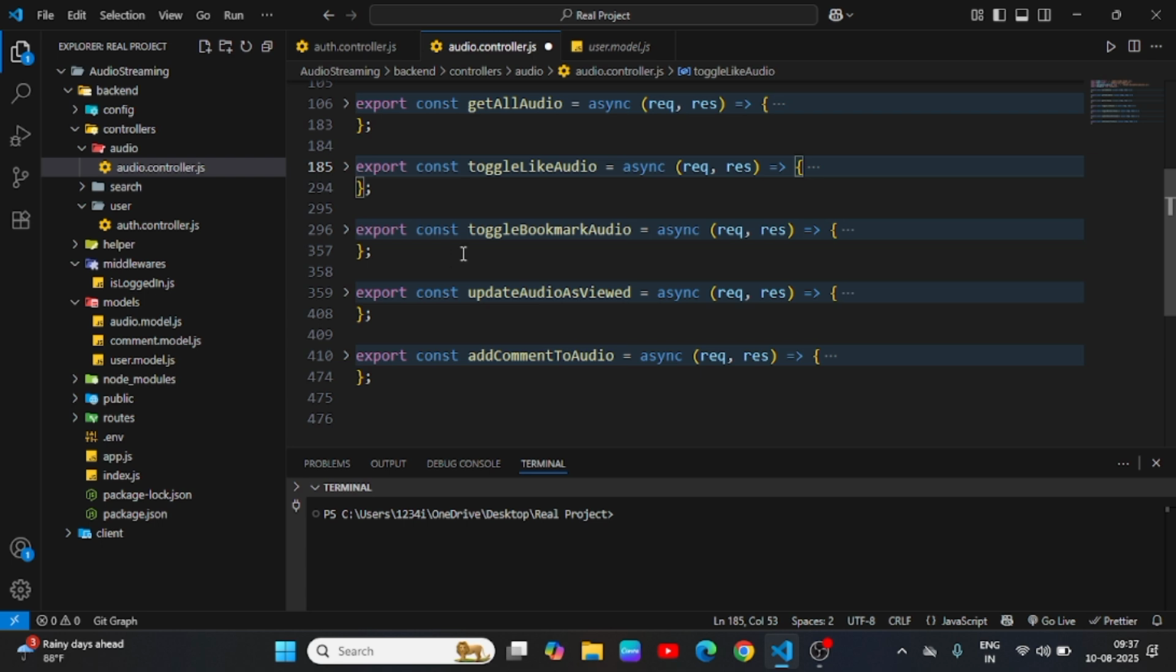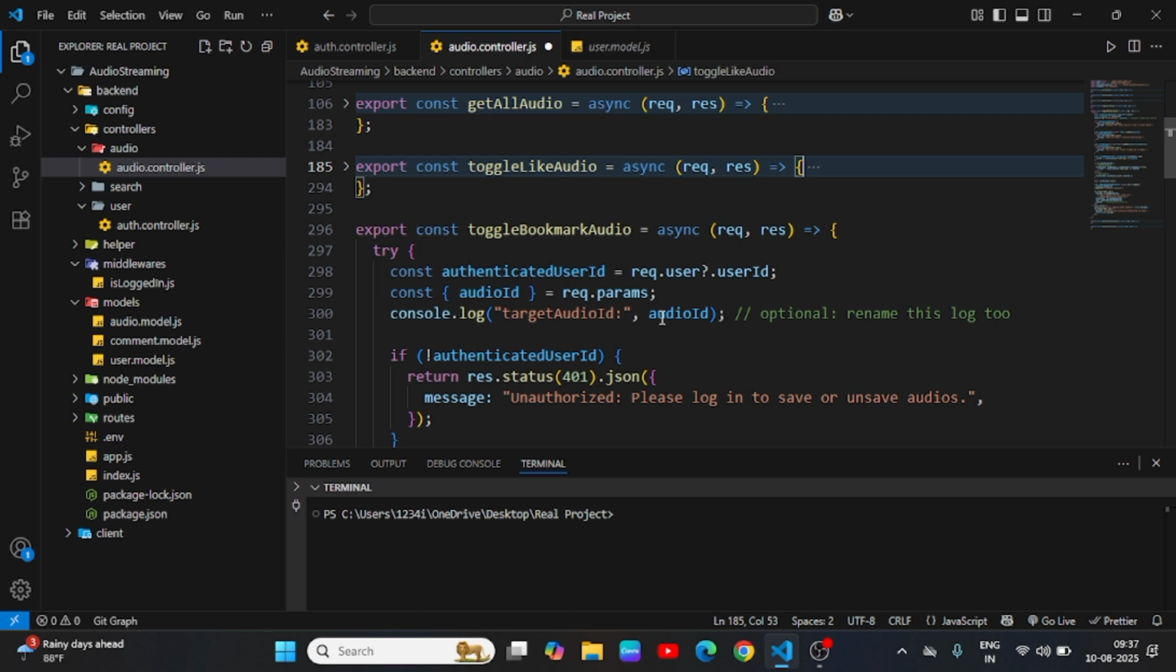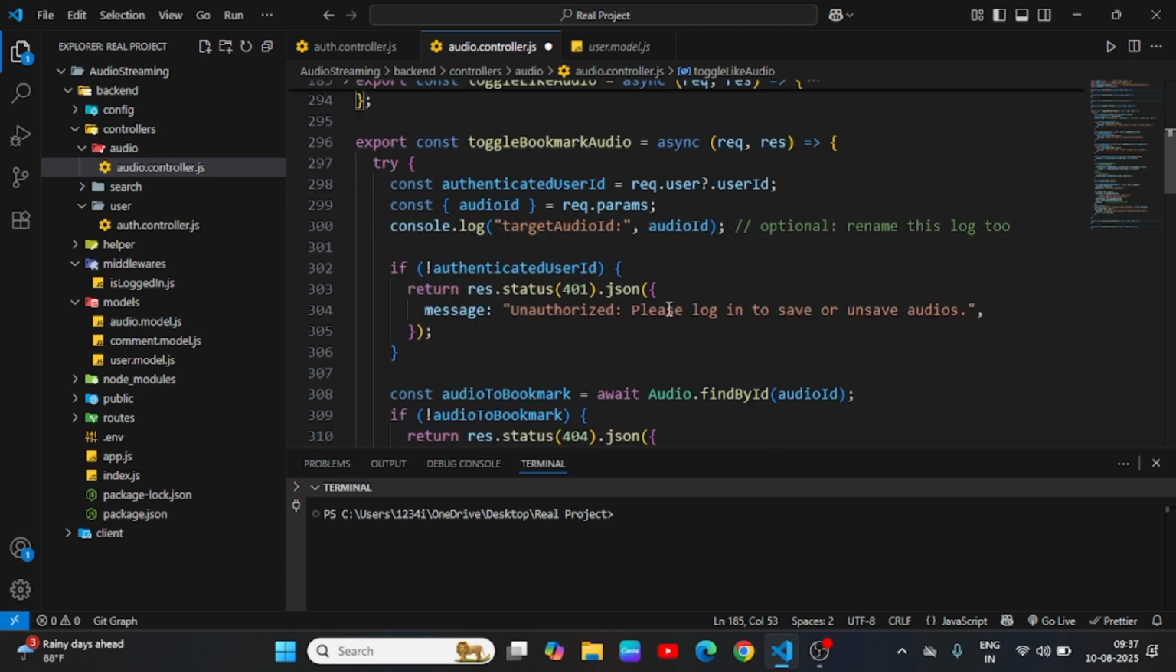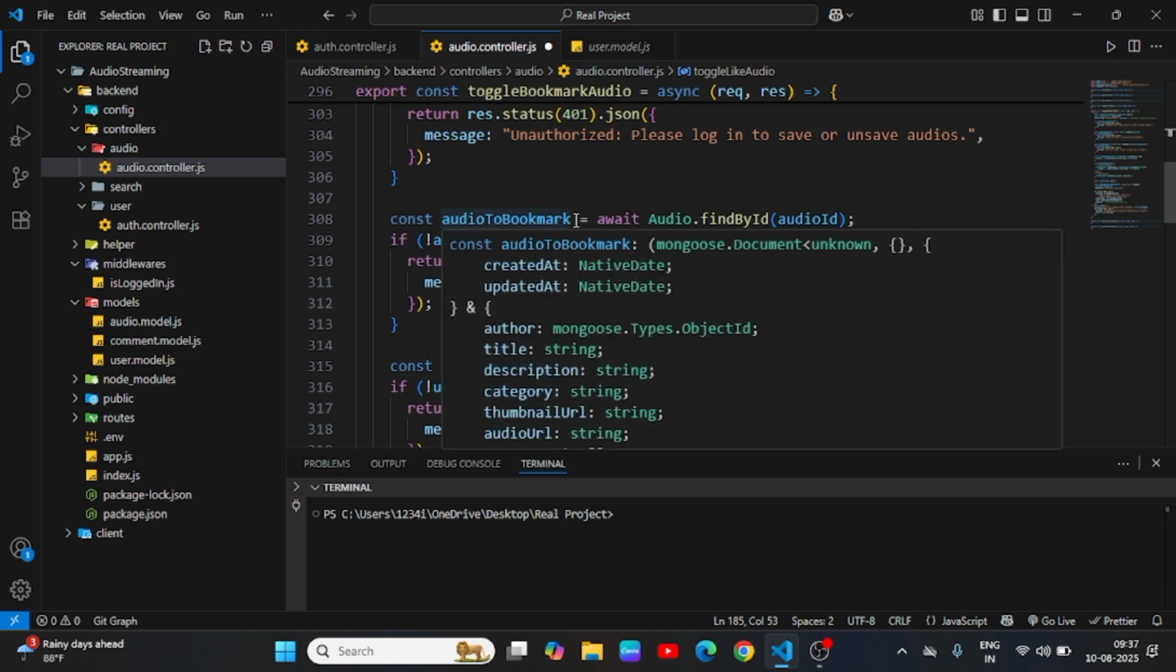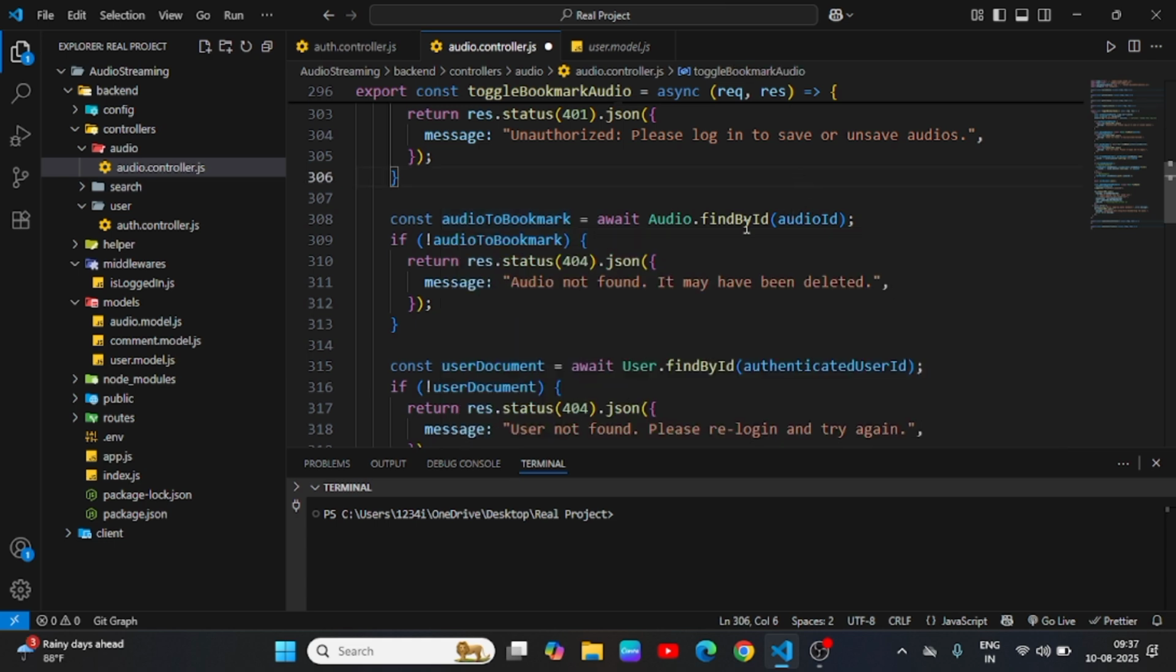Now it's time to explain toggle bookmark audio. So similar things, similar logic, but the approach should be unique, right? So let's see. Similar things we are extracting from middlewares, authenticate user ID and audio ID from params. And then also here we are checking if this user is logged in or not. And also we are checking here whether the audio is bookmarked or not. So we name it audioToBookmark variable. It's a variable name, and we are checking findById with the help of this audio ID,